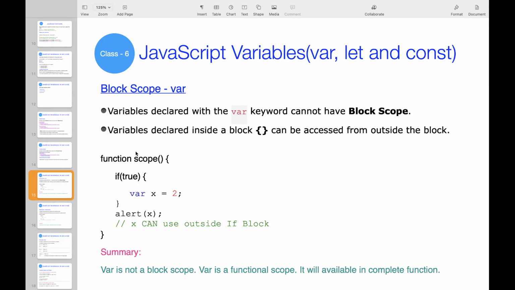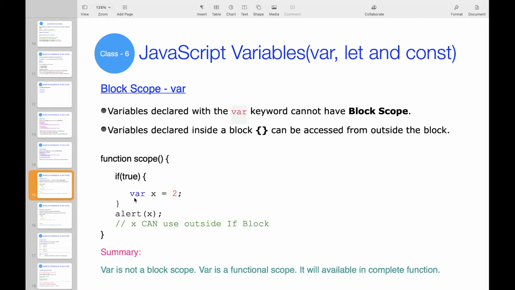Okay, see here, variables declared with the var keyword cannot have block scope. Cannot have block scope means outside the block also it will be available. See here in this example, where x equal to 2, x will be available outside of the if block, because that is a functional scope.